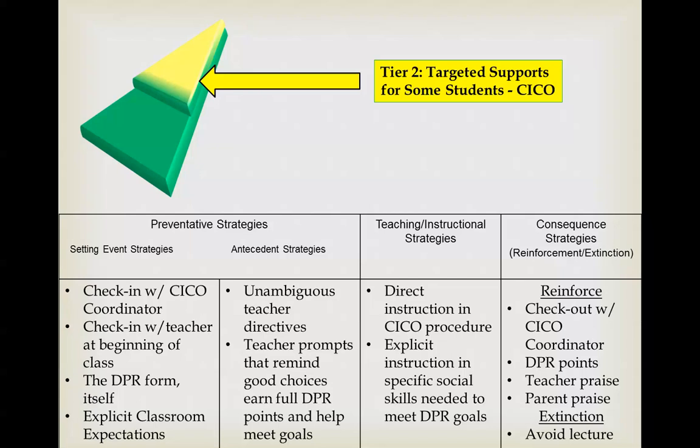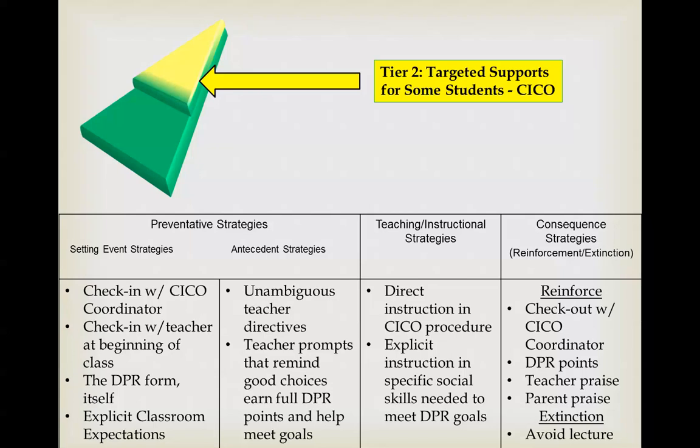No one teaches the teacher to say to the child, Johnny, when you choose not to follow my directions the first time they're given, you'll be choosing not to earn all of your DPR points today. I know you're very motivated to reach your goals. I hope you can make good choices. Right? Nobody says anything to the kid until at the end of class they say, oh, you earned a 1 instead of a 3, right? So that DPR then becomes an antecedent intervention by which I provide a prompt to the student to make a better behavioral choice.